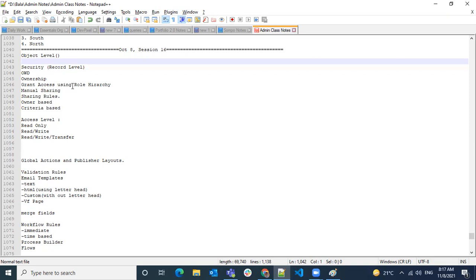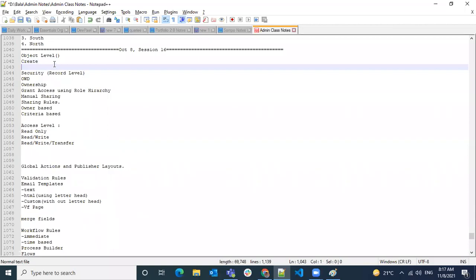So you have created an object, and it could be a standard object or a custom object. So what are all the permissions that you're going to have on an object level, and where can we control those access levels? On the object level, to create a record, you should have create permission.